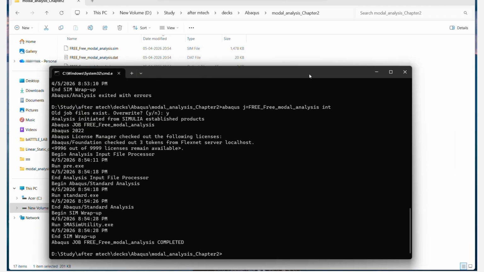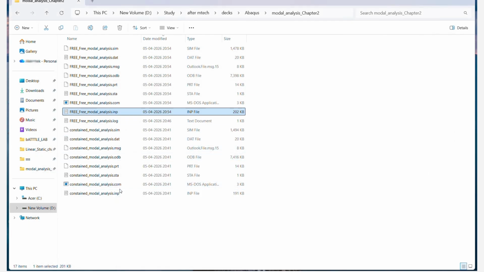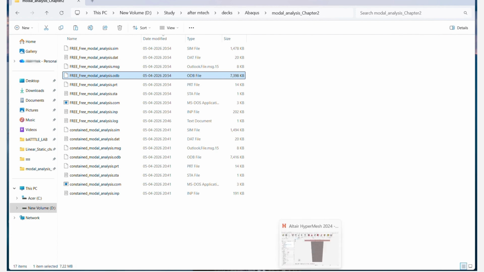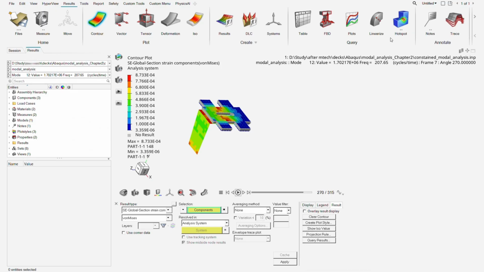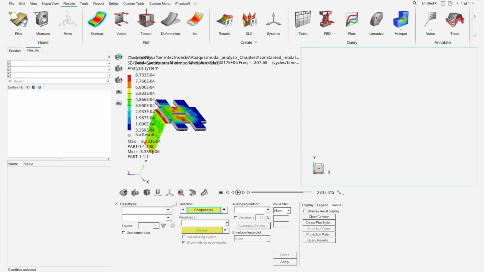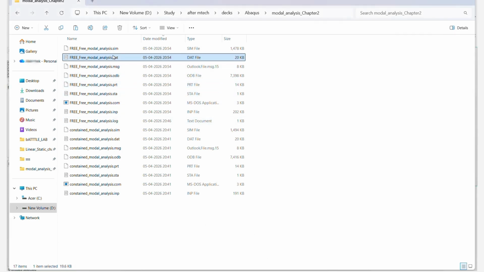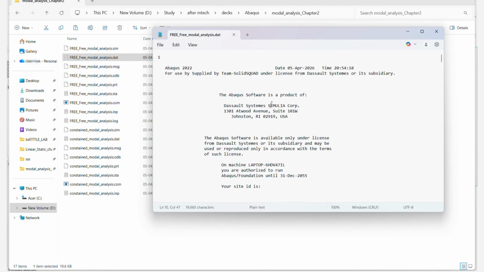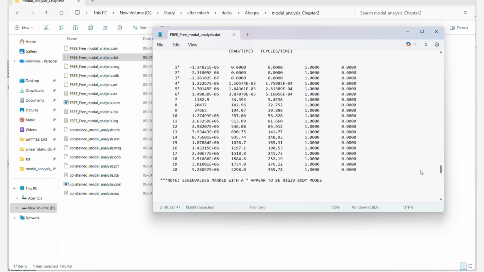Okay, it has completed. So we will open this ODB file here for the comparison purpose. And by the way, I will open the dat file also of the free run